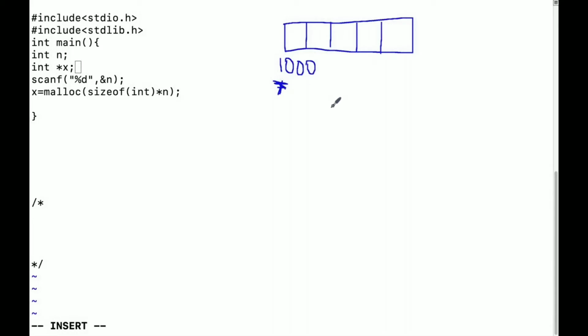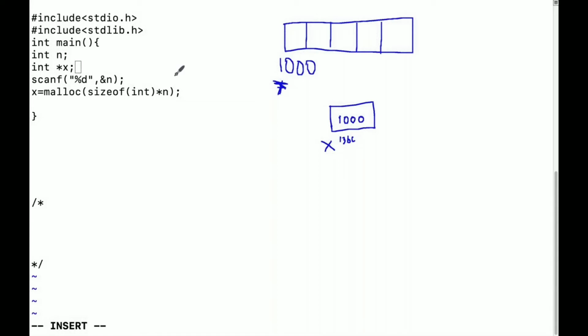This initial address is stored in one variable called x. This is not x, guys, this is the memory. And here I'll have an address, 1000. This variable is storing 1000. The variable itself might be at some random address like 13bc. x is stored in some location.